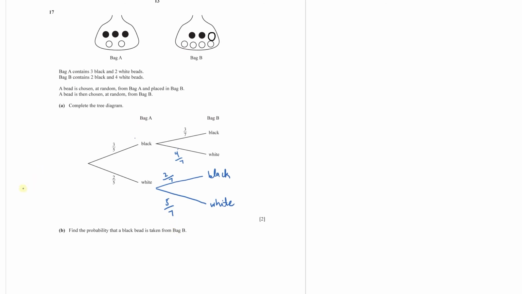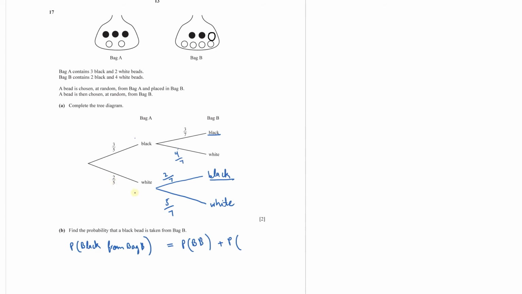So part B is find the probability that a black bead is taken from bag B. So probability of black from bag B. How do you end up with a black one? If you end up here or if you end up here. So this is the probability of getting a black from bag A and then getting a black from bag B. Let's call it probability black black, BB, or you can go this route as well, or probability of picking